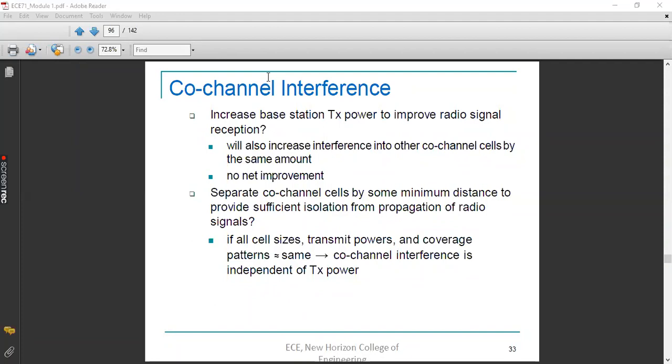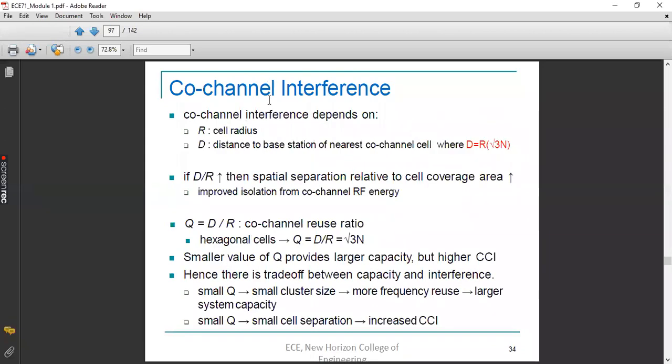Then how are we going to decrease this interference? Only by increasing the co-channel distance. If you have a provision to increase the spacing between two co-channel cells, then it will lead to minimum interference or maximum SIR. If interference is minimum, the SIR will increase. So how can you do this? That can be done by using this equation.